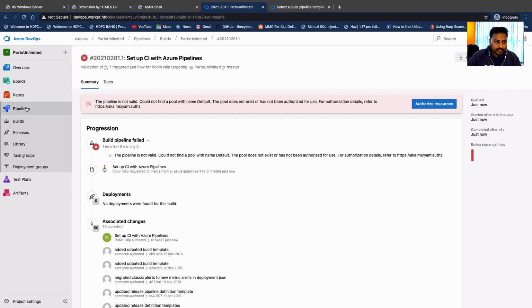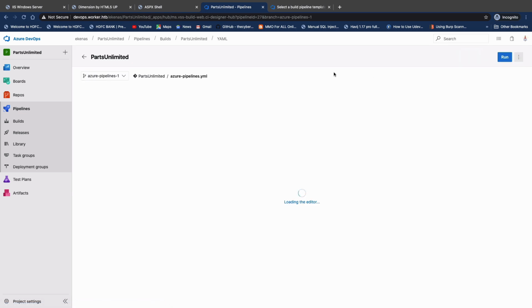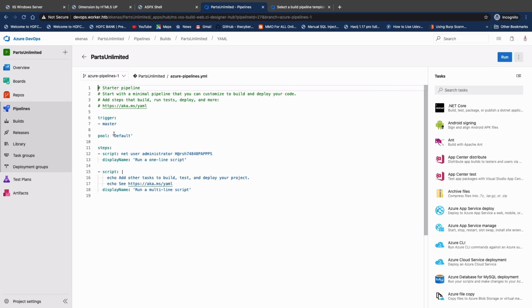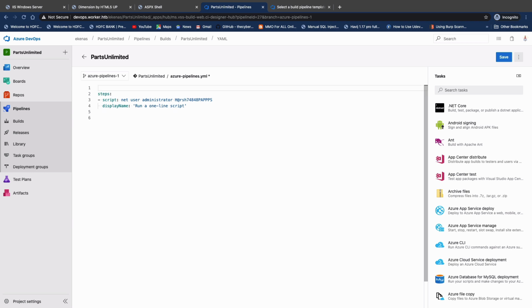So what I can do here is go to the pipeline again. As I mentioned, pen testing is nothing but the hit and trial method. You can keep trying. We need to go to the build and the pipeline. Right now it's not allowing, so let me go to the edit section and try if we can change something. Otherwise we need to create a new pipeline. So I'll remove all the script part from this section, and now we'll try.